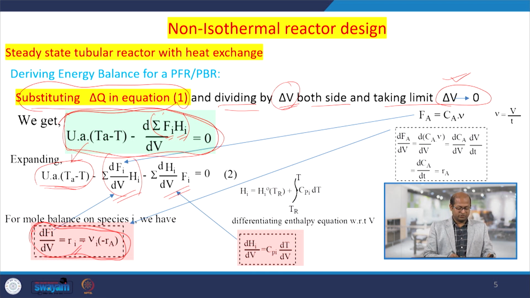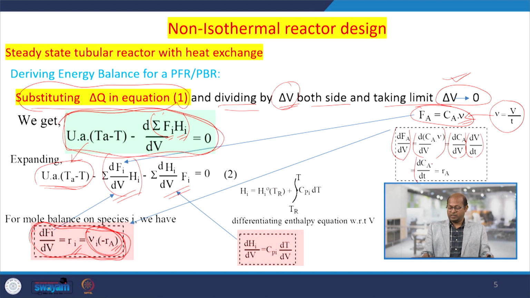So, this is equal to the rate basically. So, nu_i, that is the stoichiometric coefficient, and this is the rate for component A. This way we can write for species 1, and here F_A, that is the molar flow rate, equals concentration times volumetric flow rate. So, volumetric flow rate equals volume per unit time. So, if you substitute it here and differentiate dF_A by dV, this way it would come, then we can write